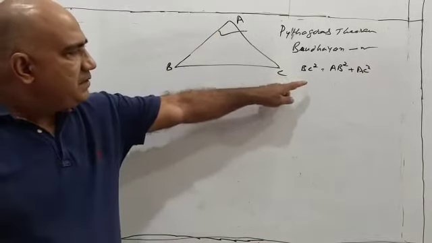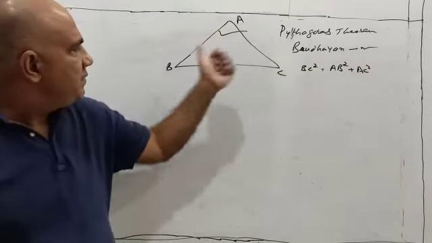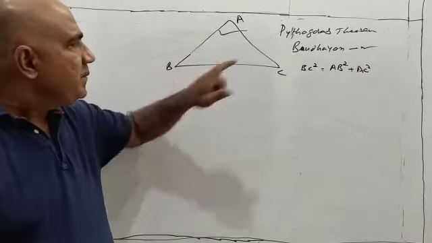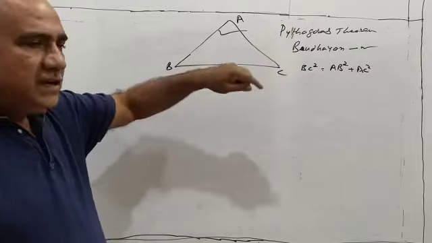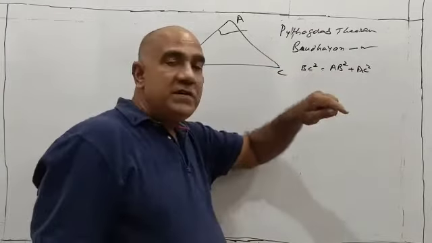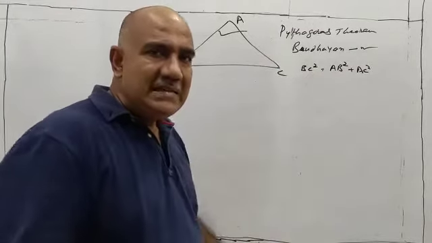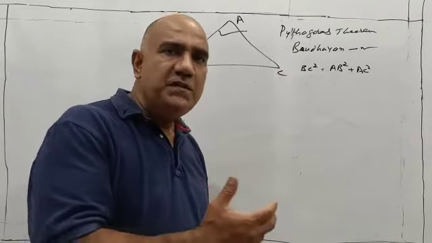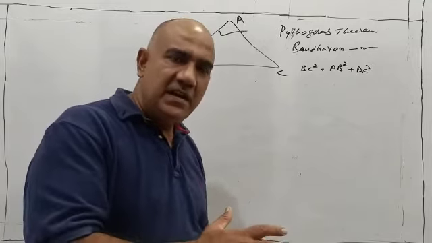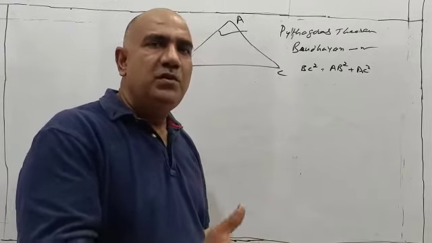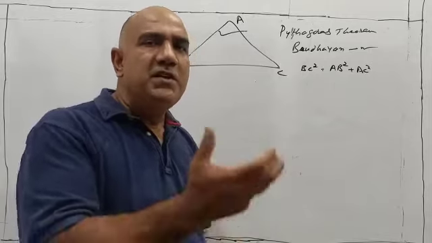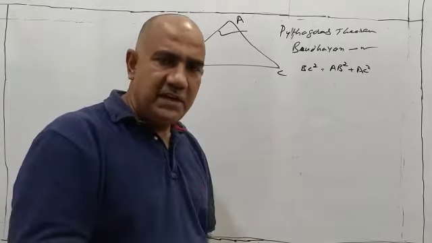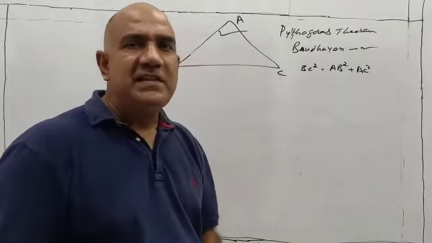Square of hypotenuse is equal to sum of the squares of the other two sides. Hypotenuse is BC, BC square is equal to AB square plus AC square, and this is Pythagoras theorem. In ancient India, this theorem was referred to like this, that the diagonal of a rectangle produces by itself the area which is equal to the area produced by both its sides. That is, diagonal of a rectangle is able to make as much area as is made by both its sides, that is length and breadth.